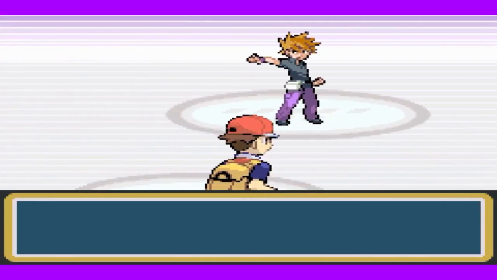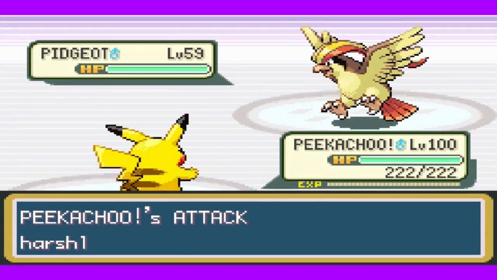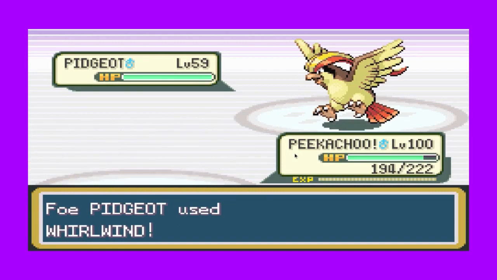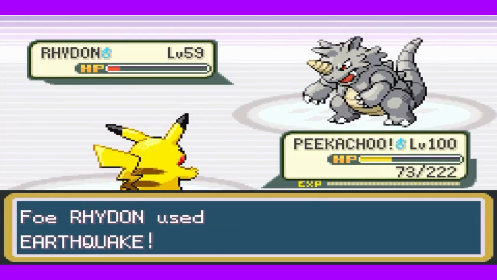Finally, it's the Pokemon Champion Rival fight. This fight was absolutely awful. In between Pidgeot crippling our accuracy and attack with Sand Attack and Feather Dance respectively, and having Aerial Ace, a move that can't miss despite Double Team, him and Arcanine switching us out with Whirlwind and Roar respectively, forcing me to restart since this is a Pikachu only run,